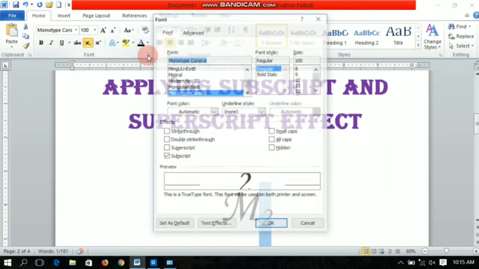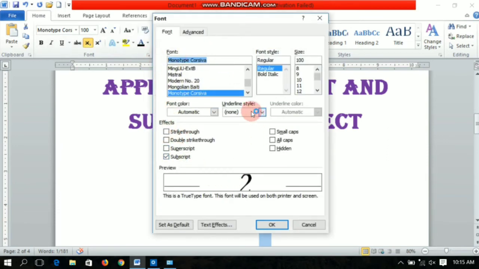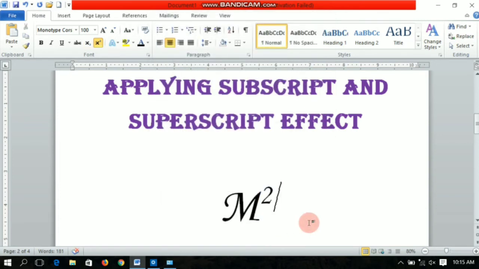I will click on that, the font dialog box will appear, and I will click on superscript and then OK. Now you can see the 2 is above the normal printed text line. This is how you apply subscript and superscript effects in any text.